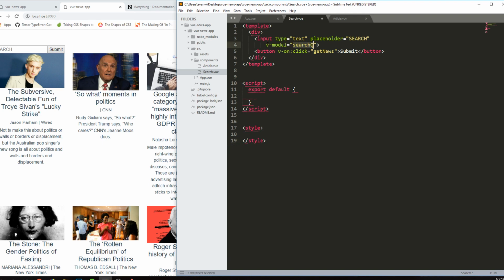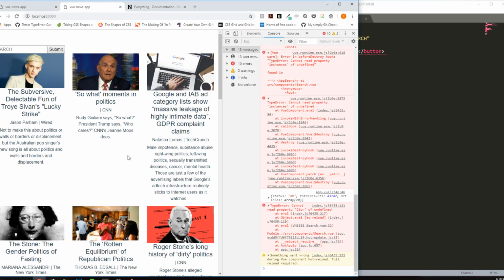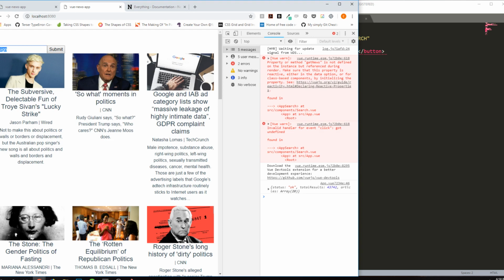Okay, so if we're connecting the value of this input to a data point called searchQ, then we're going to need to remember to actually include it in the Vue instance. Let's make sure it's working. Okay, good. It's working because we now see the value of that data point inside the input. We're not done. We still have quite a few issues,